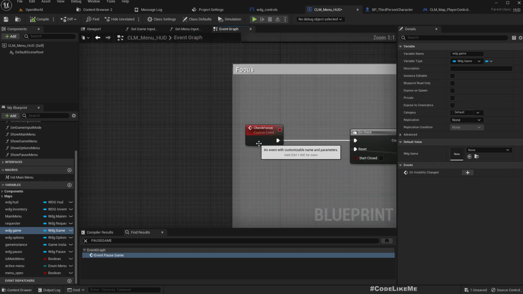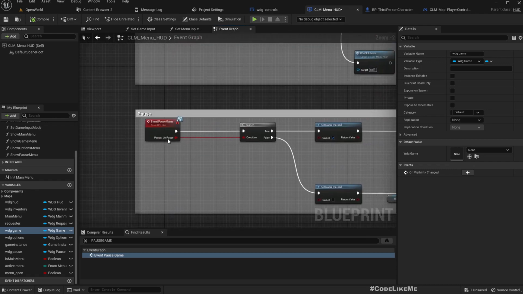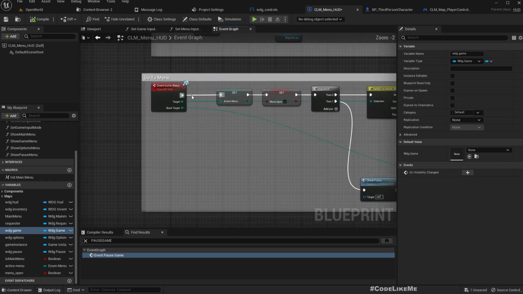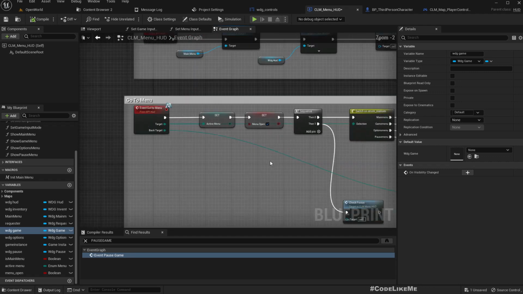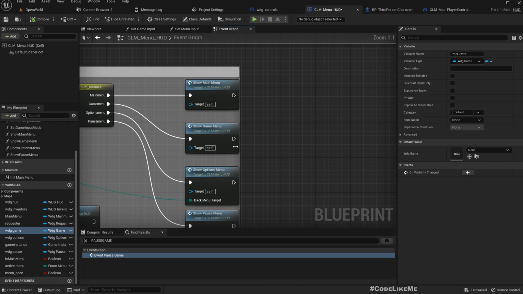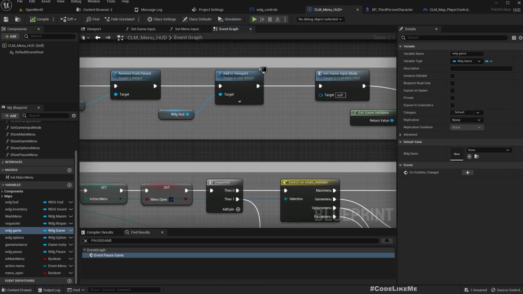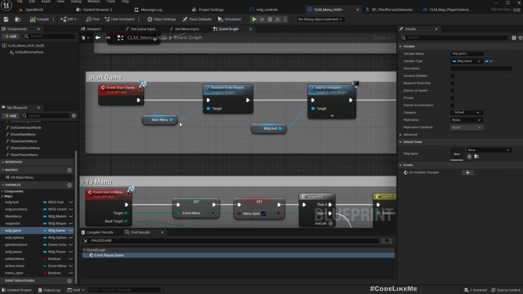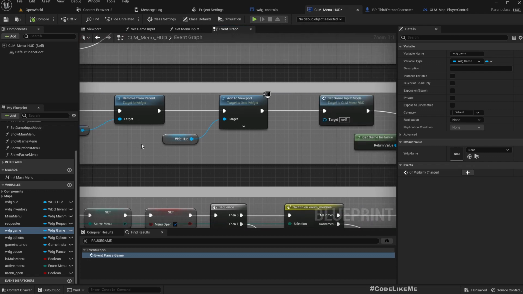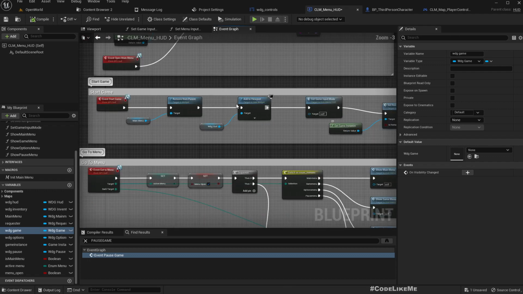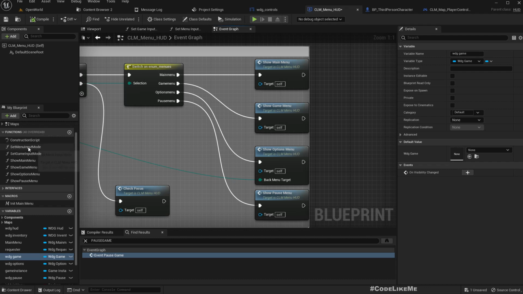So we need to copy check focus, post game, go to menu, and here nothing important, and these functions: set menu input mode, set game input mode, show main menu, show game menu, show options menu, show post menu. Okay, so